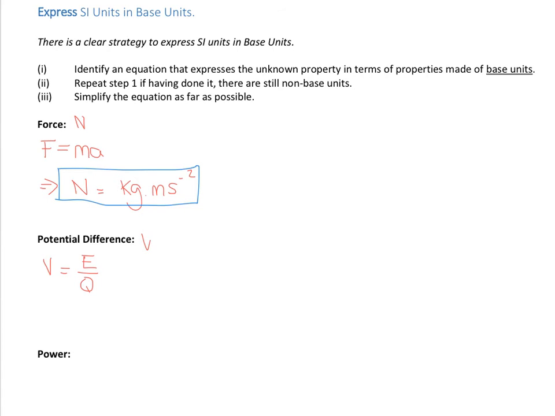This equation we'll come across. So what does that mean? It means a volt is a joule coulomb to the minus 1. So we've got joules, which is not a base unit, and we've got coulombs, which is not a base unit, so we're not off to a good start. However,